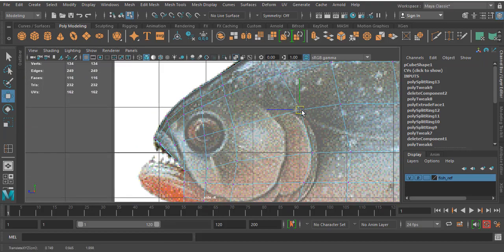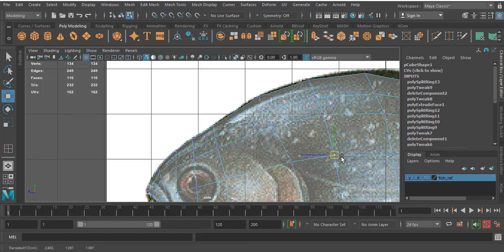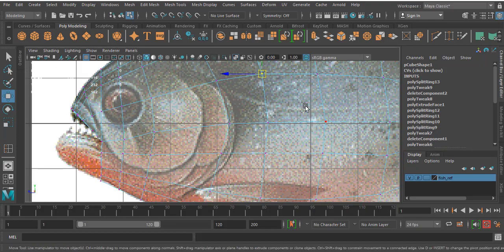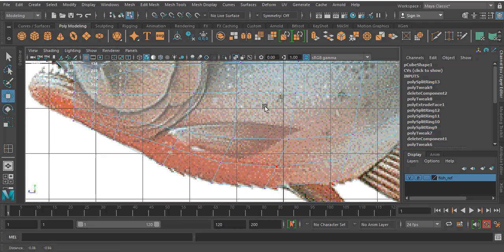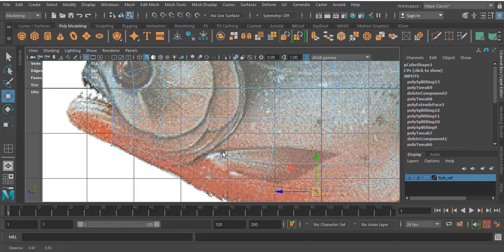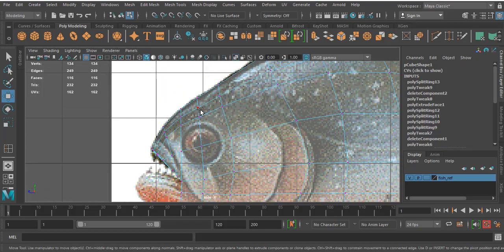So I have to arrange all the span flow one by one. That is very important. Every time, if your span flow has some errors, the entire model will spoil. If your texturing artist is going to unwrap this, it will not work. The texture will not locate on your model properly.